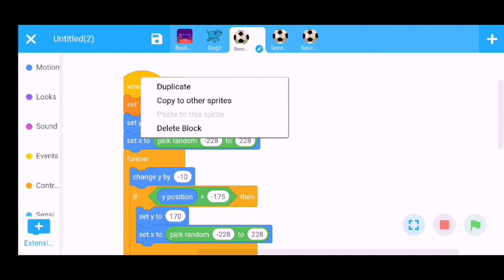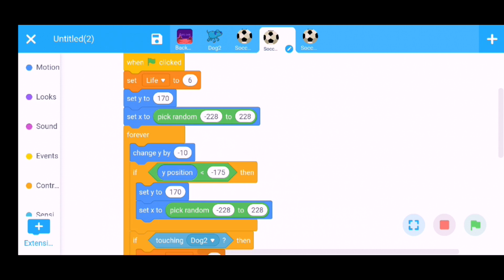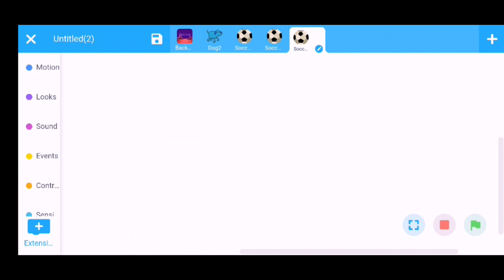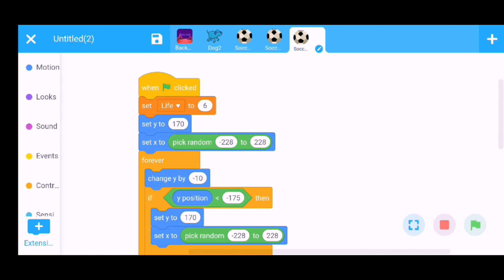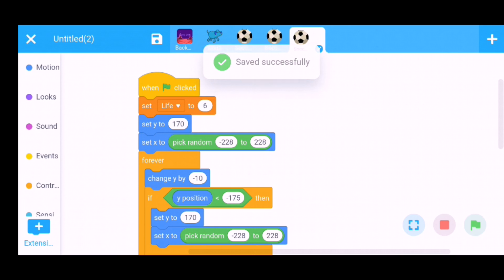For copying to another sprite, click on this option, go here, touch the screen for a few seconds and then paste here. Again touch the screen for a few seconds and paste here. Okay, then save this game, run this game.